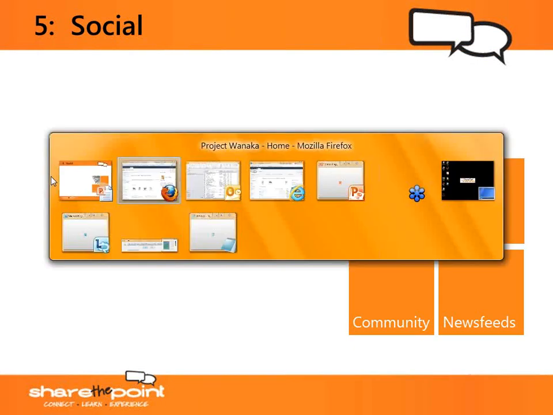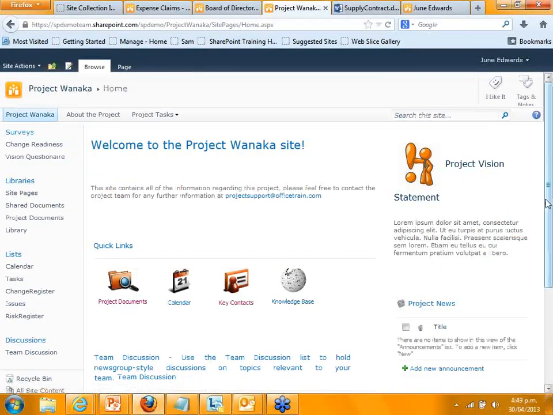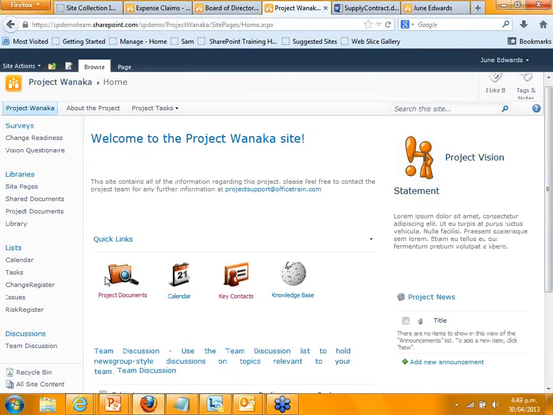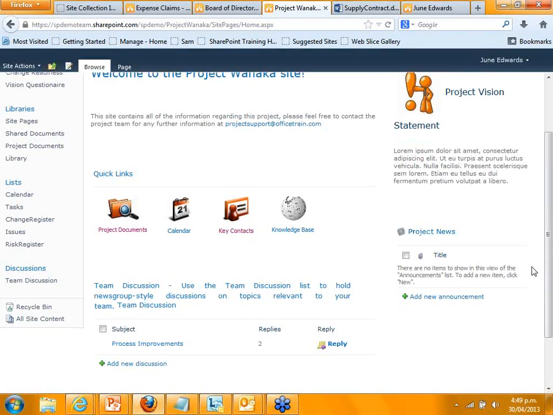So just to explain a little bit more on what web parts are, if we look at a home page here, we have all sorts of web parts. This one here is showing me a view of information into information that's already on my site, but I can just as easily see web parts that bring the information from other systems in my organisation, or from external systems like the weather, or like Twitter, or like any of those.